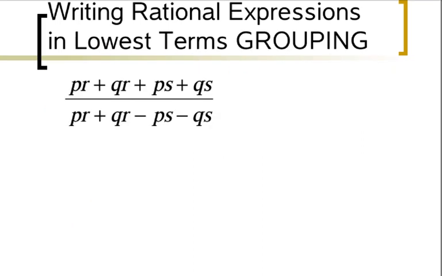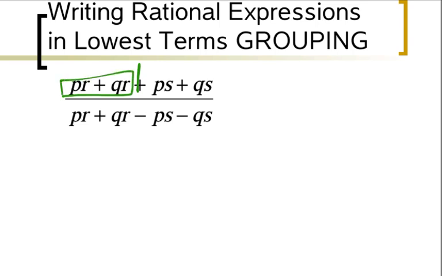Alright, now we're going to take a look at an even more complicated problem to put into lowest terms. And this time, if you look at the bottom, there's some things going on, and we can't exactly look at it right now and say what it can't be to make it equal 0. So what we're going to do is factor the top and the bottom. Now when there are 4 terms, the fourth method of factoring is factoring by grouping. And so what we need to do on the top and on the bottom is factor each one of them by grouping. And so what we do is we draw a line down the middle,